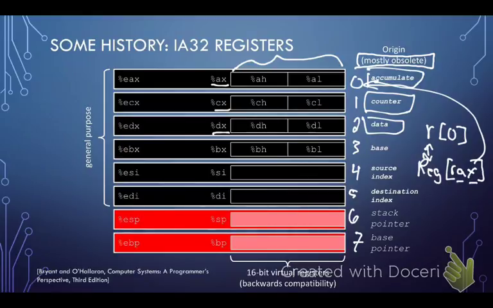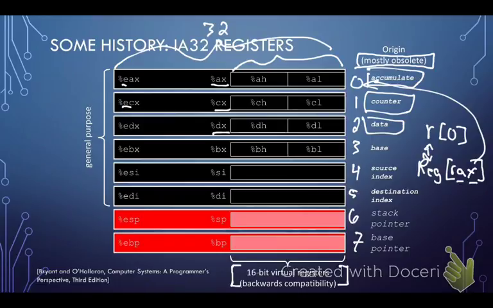So as these original 8 registers were extended with the 386 to be now 32-bit registers, we just see they added an E, which I believe stands for extended. So we have this extended AX register, so on and so forth. And then this idea of virtual registers allowed us backwards compatibility.